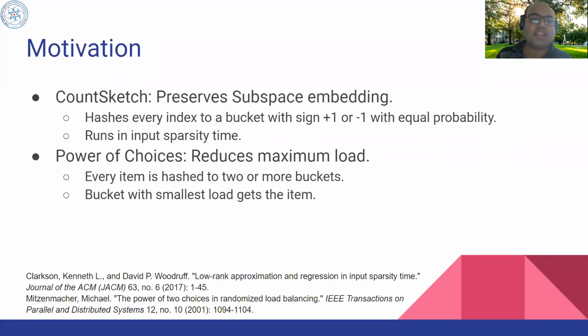First, before discussing the algorithm, let me give you the motivation towards the work. Clarkson and Woodruff showed that given a column space, there is a distribution of count sketch matrices such that if one randomly samples one matrix from this distribution and applies it on the input data, then that will reduce the size of the data, yet it will preserve the subspace embedding. In the regime of hashing, Mitzenmacher showed that if we increase the number of choices, then the maximum load gets reduced drastically. I will formally explain these two techniques in the following slides.